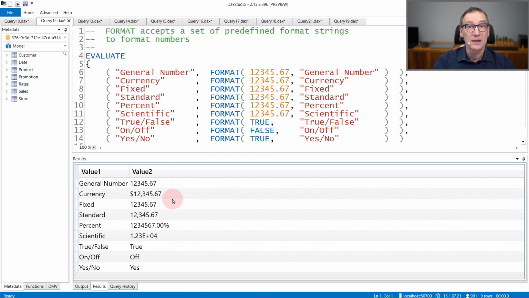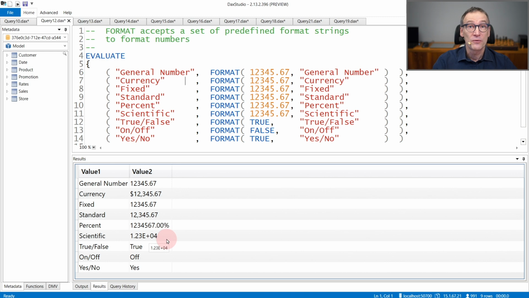Currency adds the local currency setting to the resulting string. Fixed returns just a fixed value. Standard returns the same value, but it also uses the thousand separator. Percent and scientific still provide a percentage or the scientific notation with the mantissa.